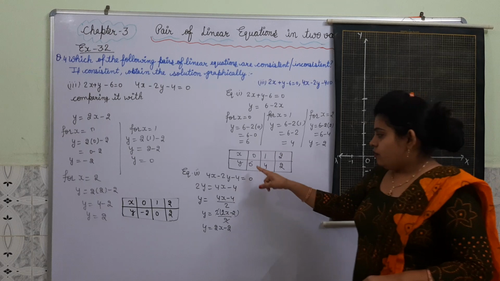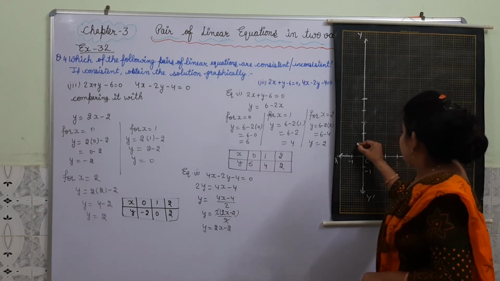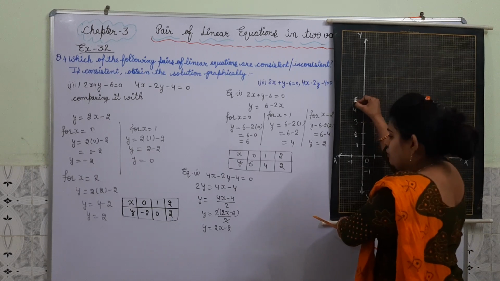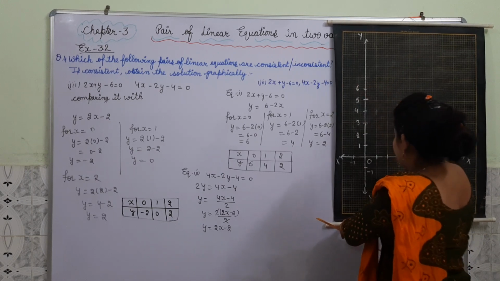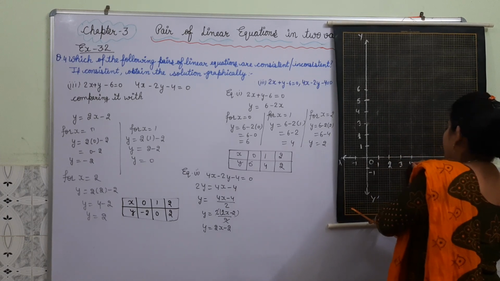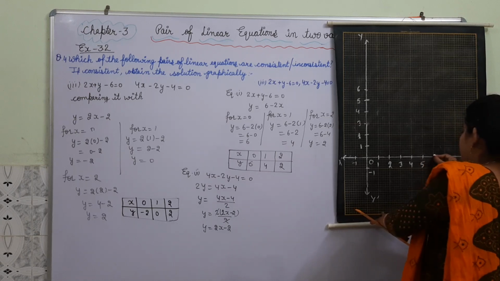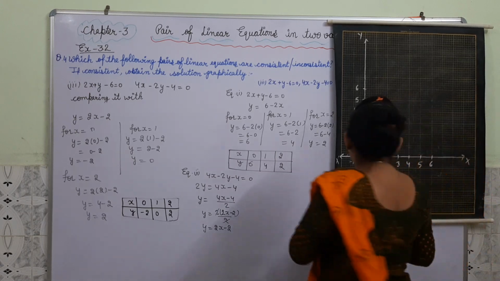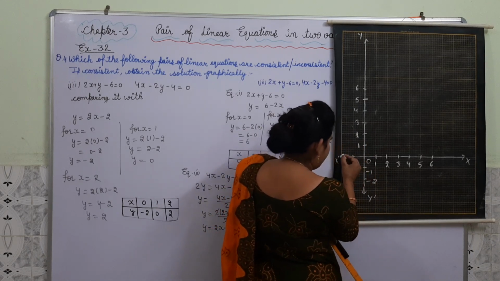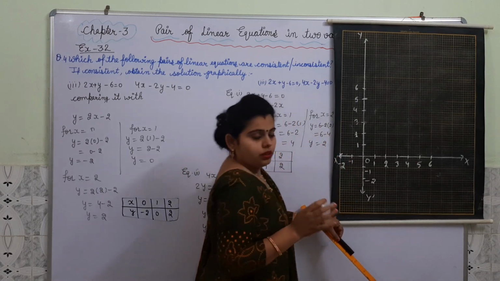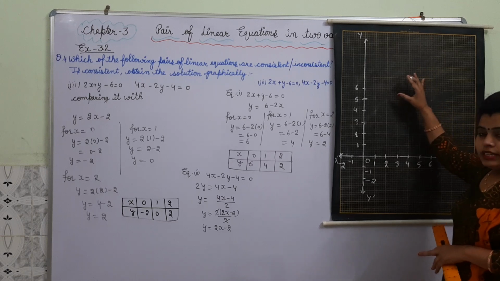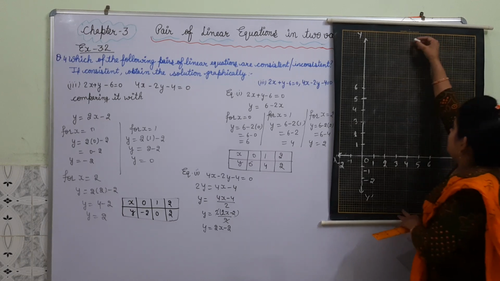In this our maximum value is 6, then we can take up to 6. 1, 2, 3, 4, 5 and 6. And minus values also we have taken, then it is minus 1, minus 2. Now write scale also. You have to write scale in every graph. Scale